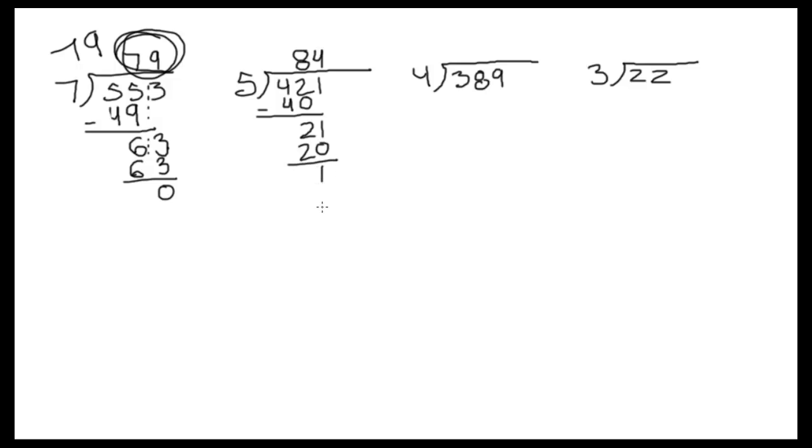And now we got this. But we have no more numbers to drop down. We can't divide 5 into 1. We can't do anything else. This right here is the ones place. This is the ones place. And in any number that's not a decimal,